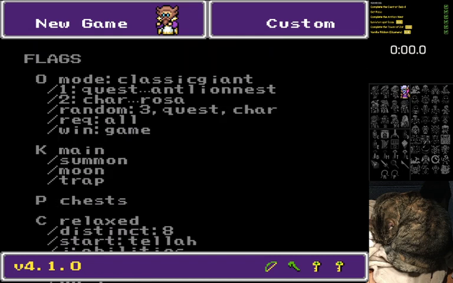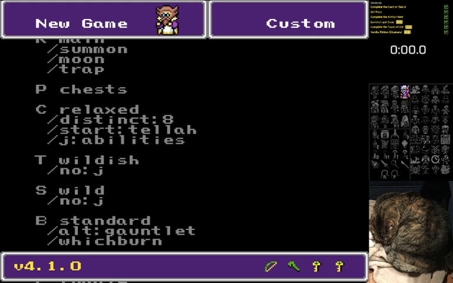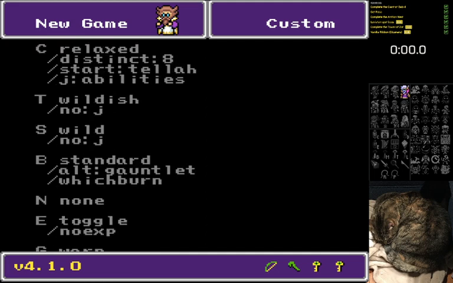Basically it makes overworld looting slightly more valuable than underground looting. Although I'll probably just loot Baron Castle and call it a day for looting. C Relaxed, Distinct 8. Telestart, J abilities. T Wildish, no J items. S Wild, no J items. We don't get J items. It's very unfortunate, but we don't get J items, which is going to make things a little bit...